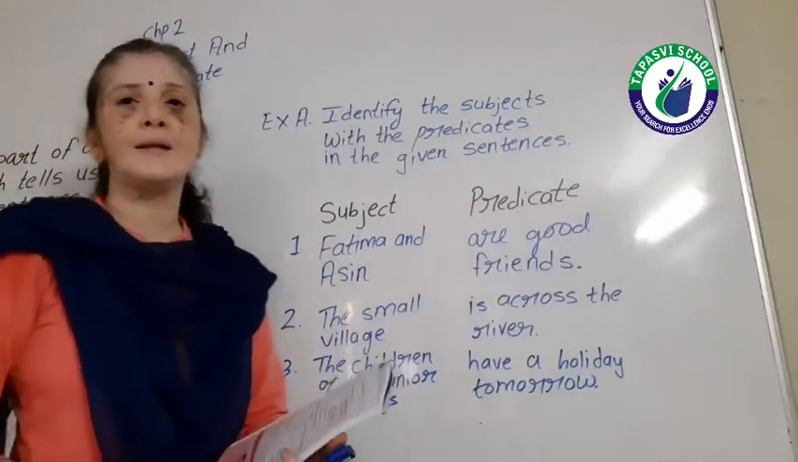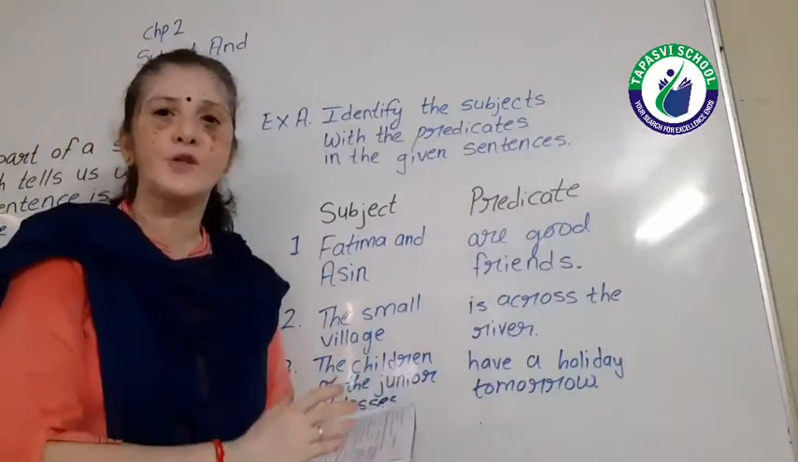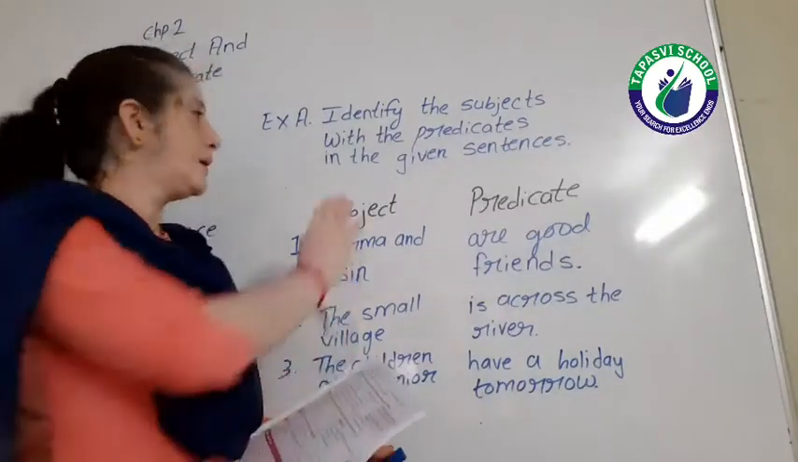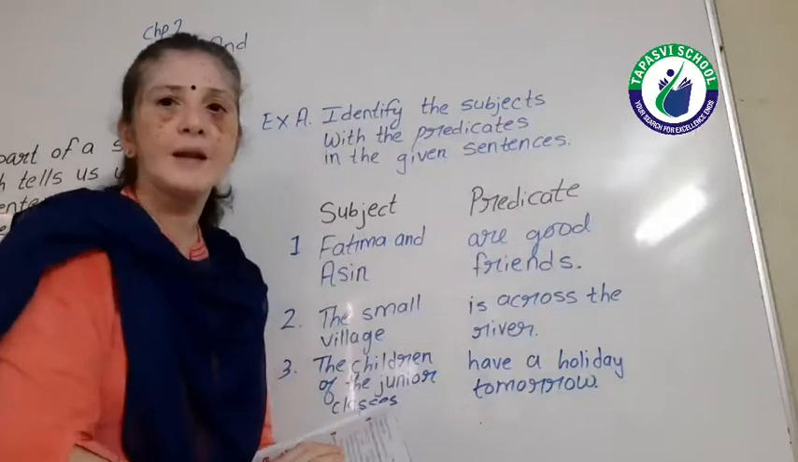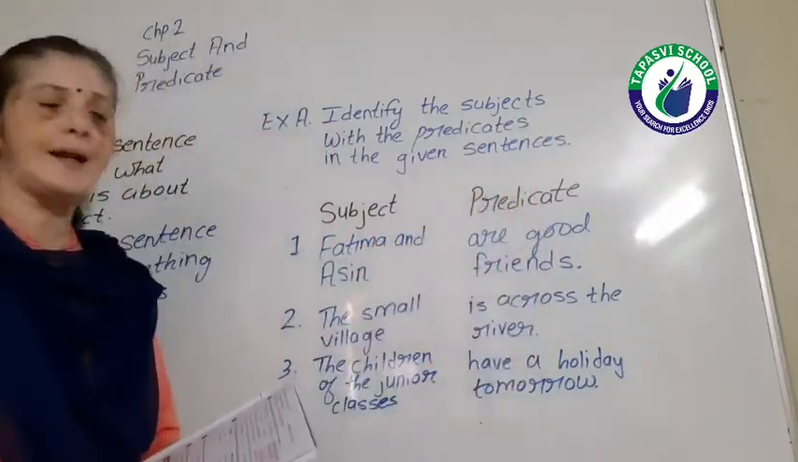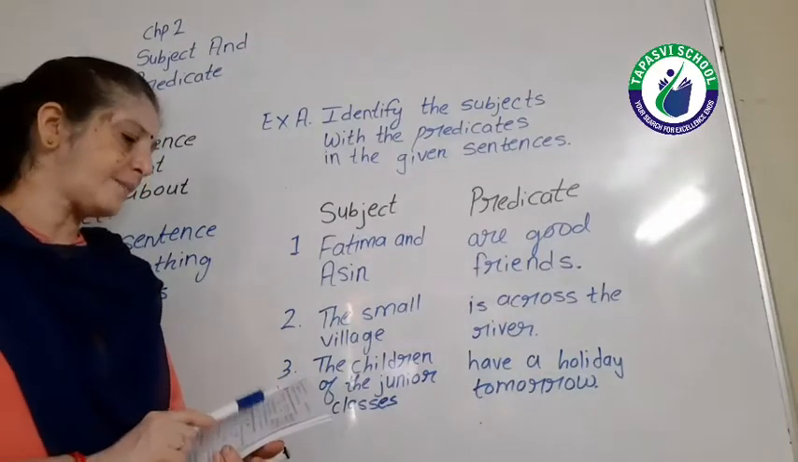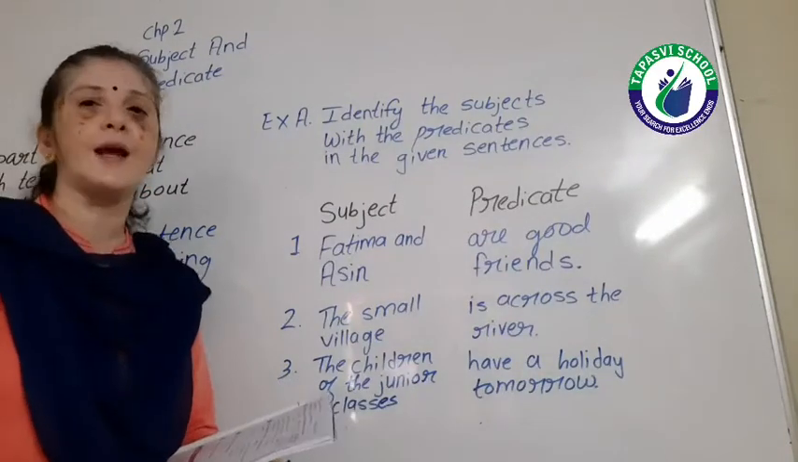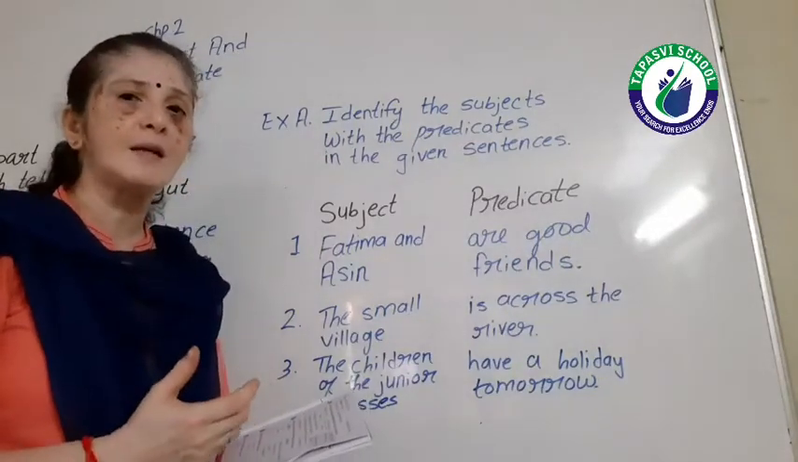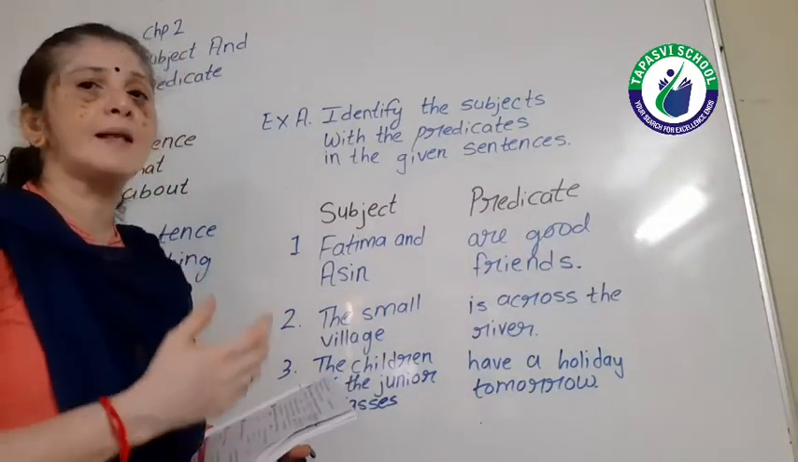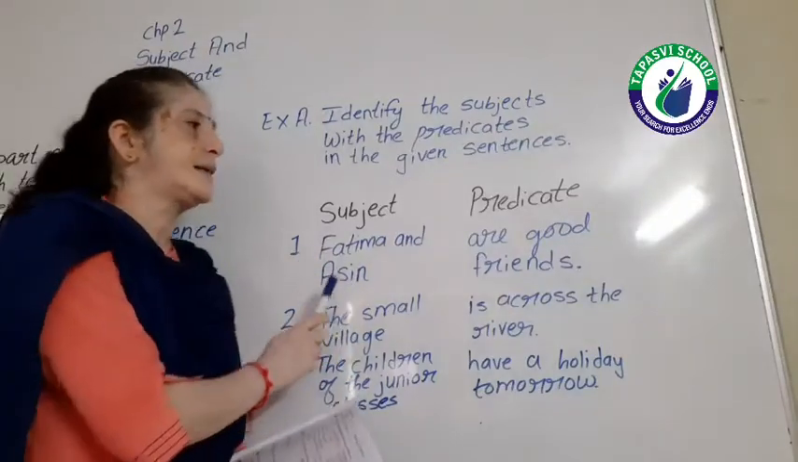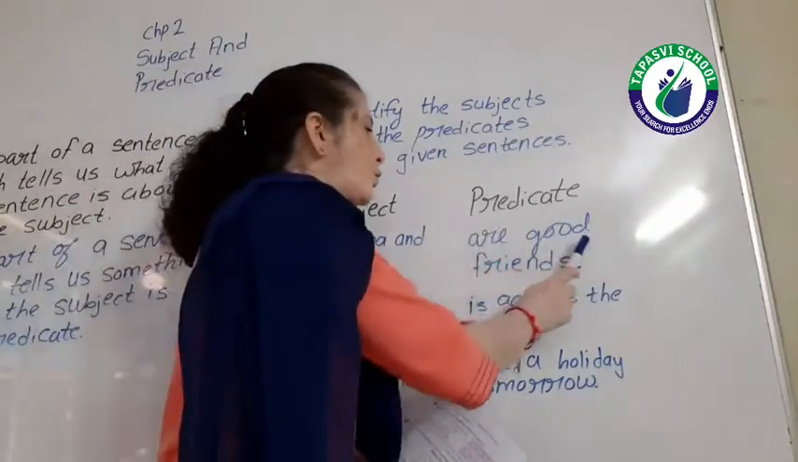Here in these sentences you have to find out the subject and predicate. So students, just make a table with subject and predicate. You will write subjects in this part and predicates in this part. First one, Fatima and Asin are good friends. See, about what is the sentence? Subject means what the sentence is about. The sentence is about Fatima and Asin. So Fatima and Asin are the subject,